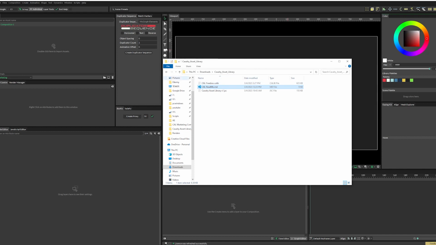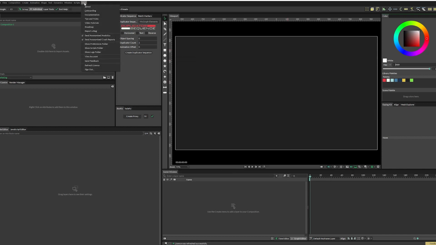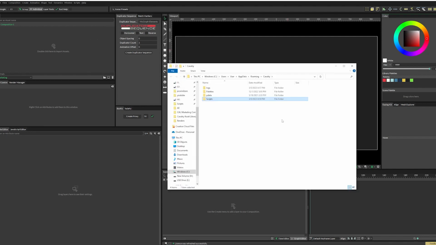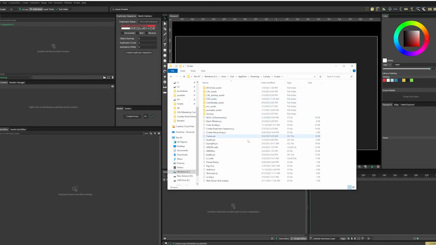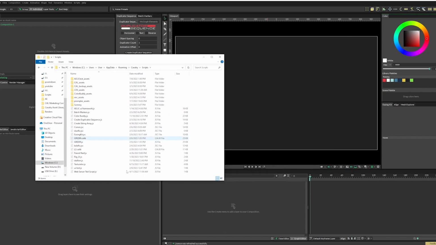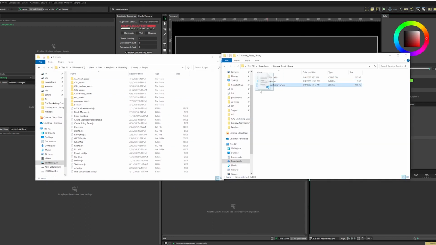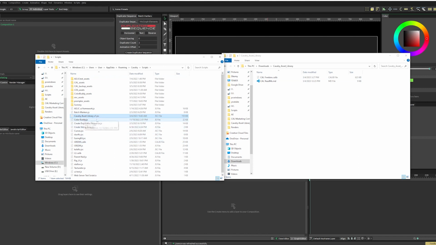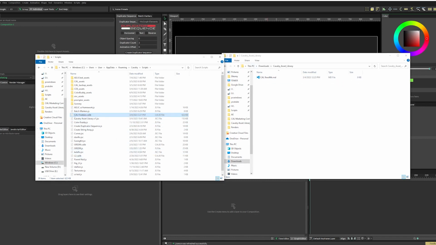So to install this script, in Cavalry, we're going to go up to Help, and then we're going to go to Show Scripts folder. This pulls up this folder, and you just open that up, and this is where all the scripts live. So now all you need to do is just drop in this Cavalry Asset Library JSC, and the script will automatically appear in the scripts folder. For now, I'm also going to drop this freebie library in here as well, but we'll need to import it